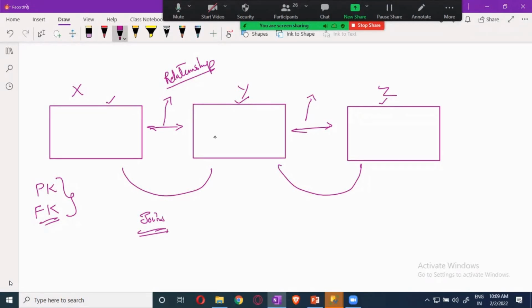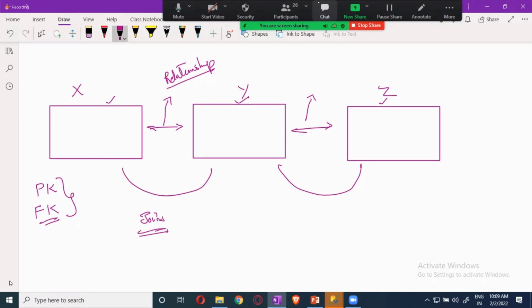In order to apply joins, if there's a relationship, that is well and good, you can extract it. But even without a relationship, that is primary key and foreign key, we can still apply joins. If there is one, there's no problem at all, you can easily extract it. But if you don't have it, how you will be extracting is what we are going to see now. Without any relationship, both are standalone tables, not having any dependency factor, we are still going to extract the data from both tables and show it.